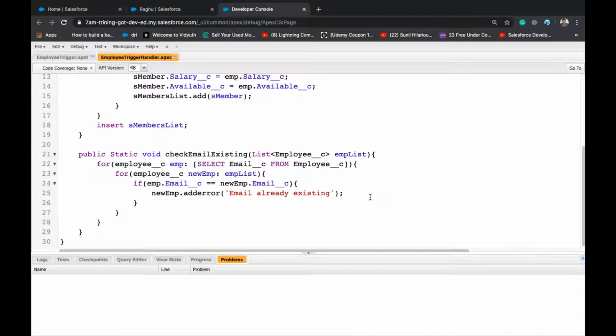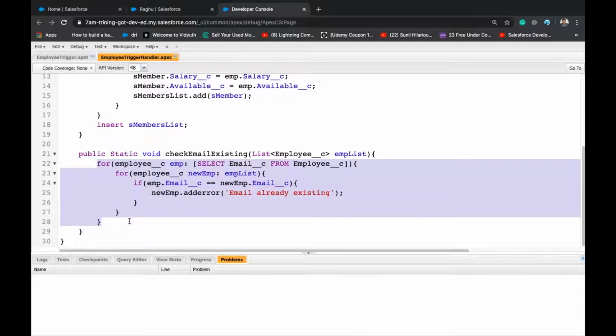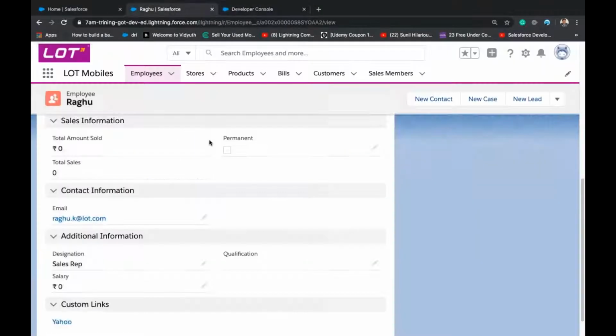But we will not use flows for validations. We'll use flows mostly for wizard kind of things. Anyway, we'll discuss that later. So this looks very small, right? Just 3 lines, 4 lines of code, but it did a lot of things, right? It gave a good validation, right?